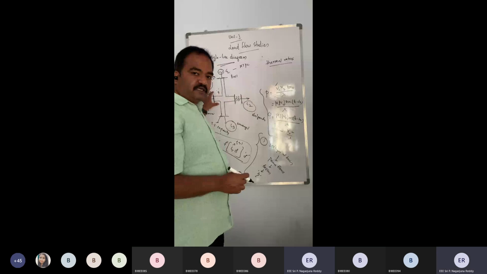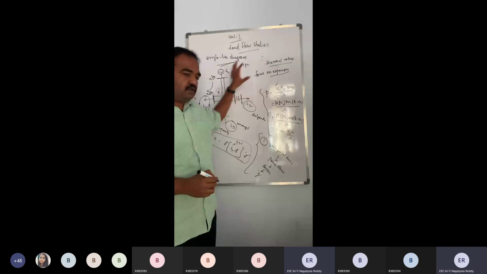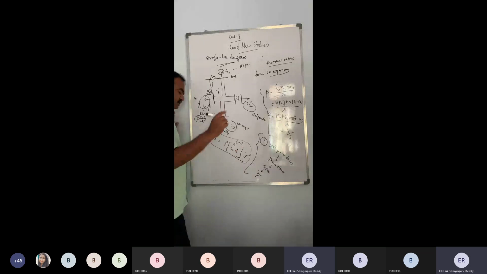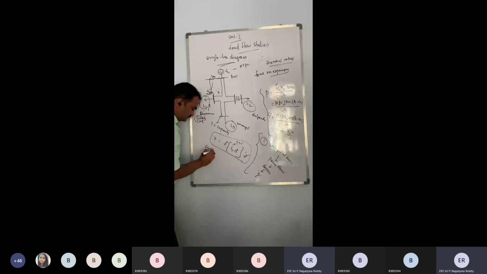Let us suppose this line's thermal rating has been exceeded. Then automatically what will you do? You will go on setting up some new transmission. Even for setting up a new transmission line, or even expanding our network, in either of these cases, what are you supposed to do? You are supposed to compute the current status of the system.